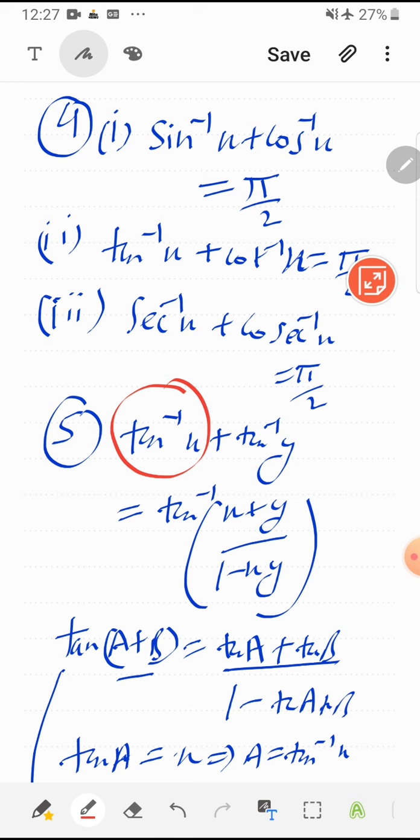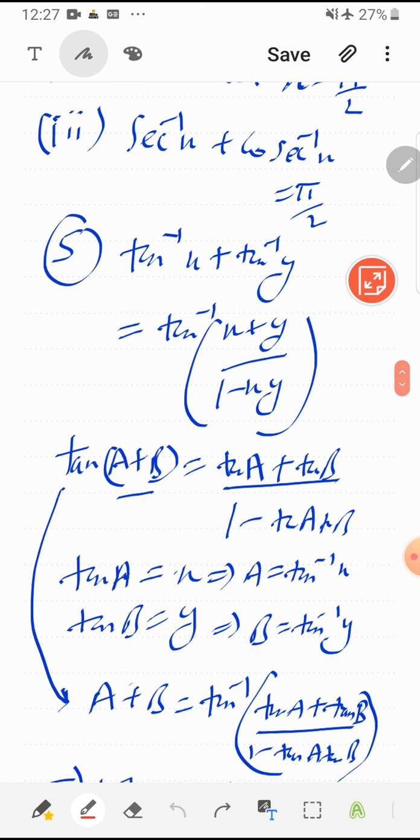So these are two angles. That means we are picking which kind of formula? The sum of angles, a plus b: sin a plus b, cos a plus b, tan a plus b, this category of formulae. And since tan inverse is there, I am picking tan a plus b. So to justify this result, let us see tan of a plus b. When I say tan of a plus b, it is tan a plus tan b upon 1 minus tan a tan b.